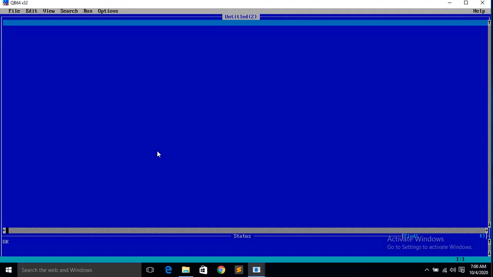So my screen is open, Quick BASIC. This is the window for Quick BASIC. You can see it in your book, you can compare. This is the Quick BASIC editor. In the last paragraph it is written, this is the screen which is used to write programs. Here we will write the programs, so it is called the Quick BASIC editor.